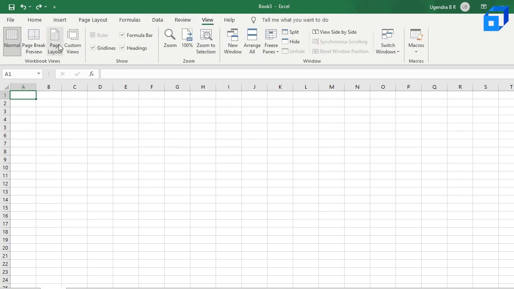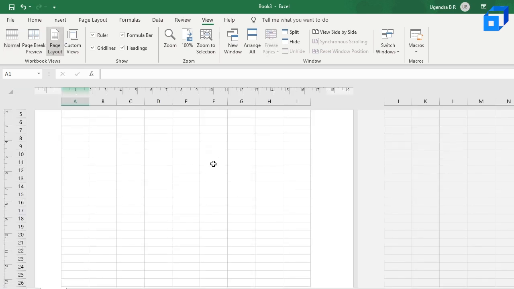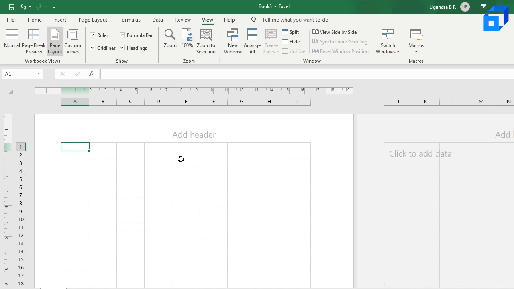And view is, if you want to change the view of a particular worksheet, you can change that over here. So you have the normal view, the page break view. Page layout is basically, if you click on page layout, it will show you the layout of the page. So you have the header, footer, and everything. This is what the printer will print if you print the worksheet. So you have around 1, 2, 3, 4, 5, 6, 7, 8, 9 columns per sheet. You can change that by changing the indentation and everything.